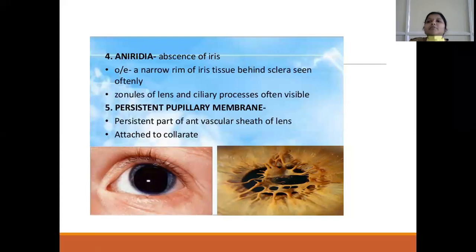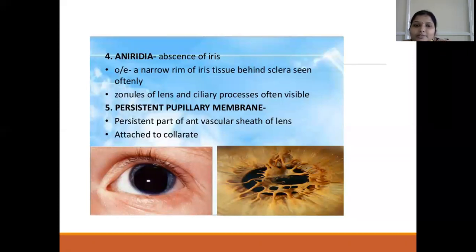And another abnormality is aniridia. Aniridia means there is absence of the iris tissue. That is called true aniridia. That is, there is complete absence of the iris tissue, but it is very rare. Generally, we see clinical aniridia where iris is represented as a small remnant peripherally. Here you can see the complete iris is absent, but only a small rim of the iris tissue is present peripherally. So through this peripheral rim of the iris, we can see the zonules and the lens clearly.